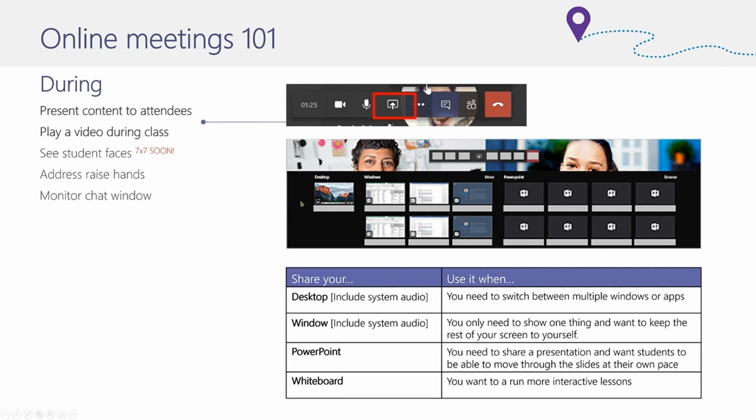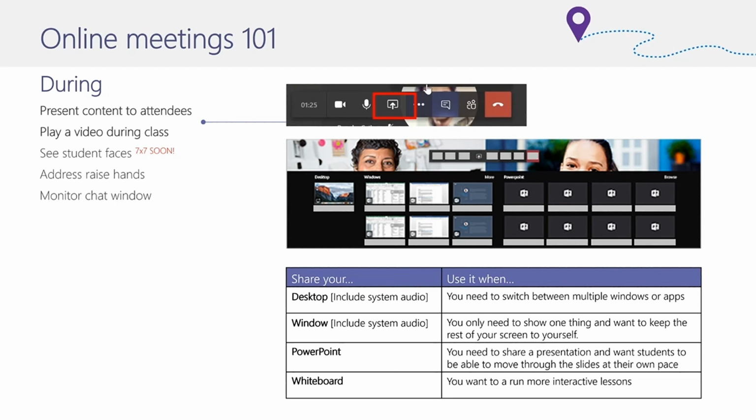And with your desktop you can include your system audio. And the system audio button is just normally above the desktop area there on the top left hand side. So you click that so that then you can include your system audio, a little bit like we've done when we've shared the videos out of our PowerPoints today. And that one is really, really useful when you know you need to switch between multiple windows or apps. So it allows you to switch what is currently on view to something else without having to stop sharing, as some people do if they share just the window.